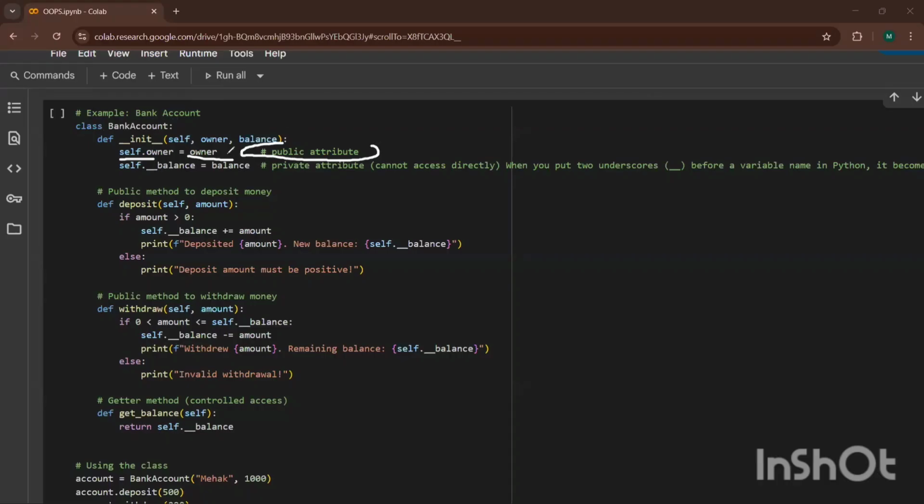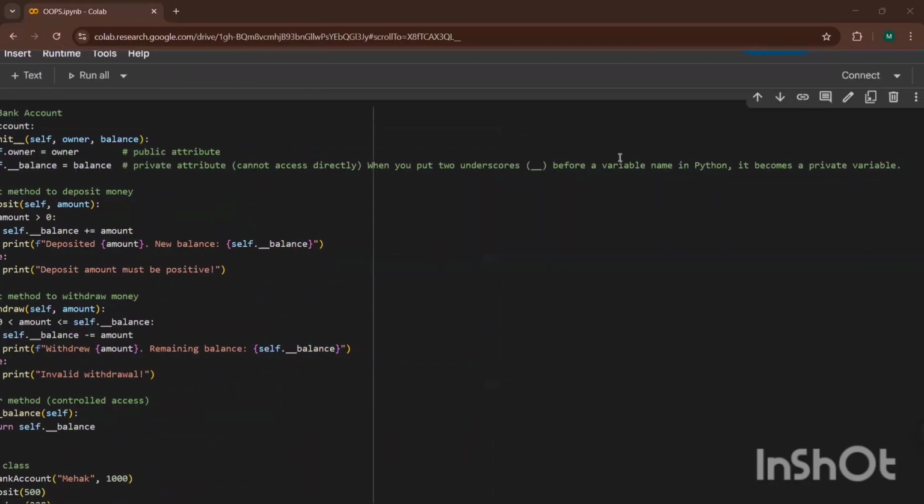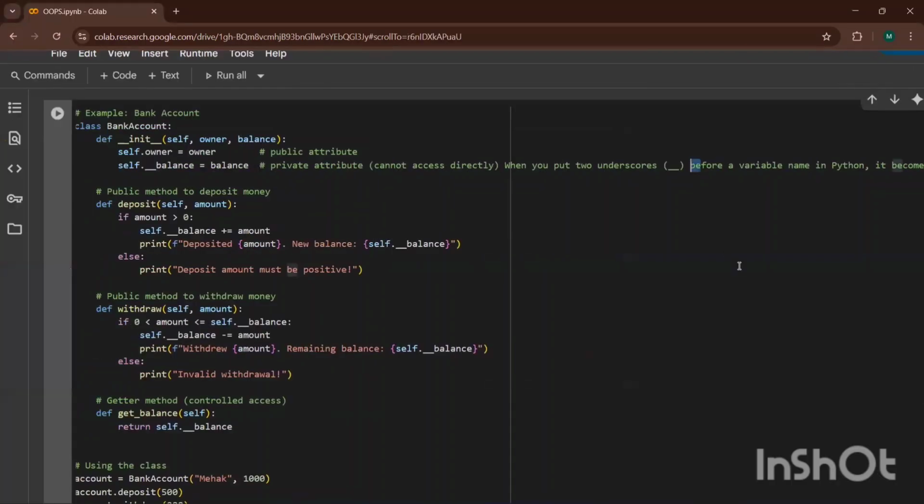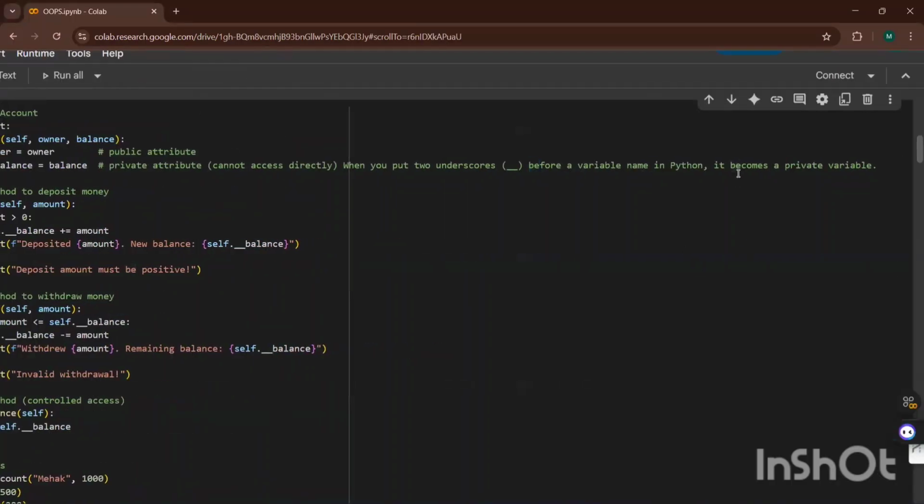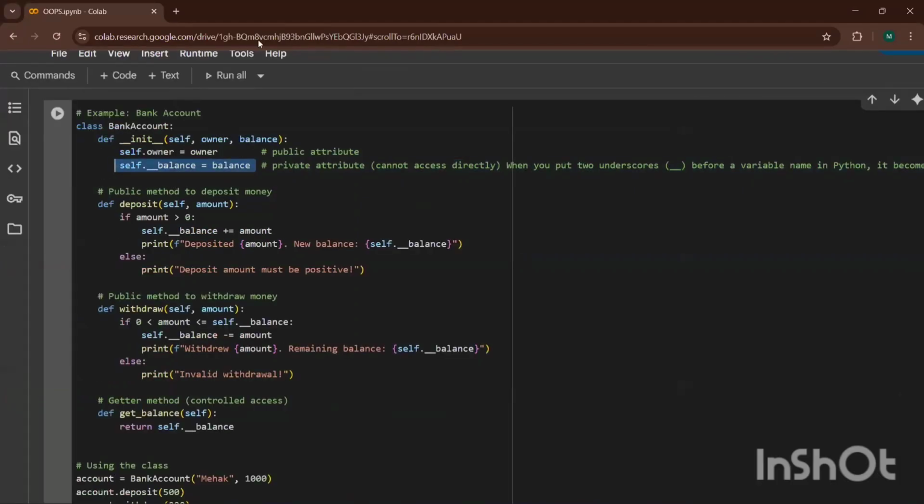But self.balance, what I did, I just put a double underscore. When you put a double underscore before a variable in Python, it becomes a private variable. Now you cannot access it directly.